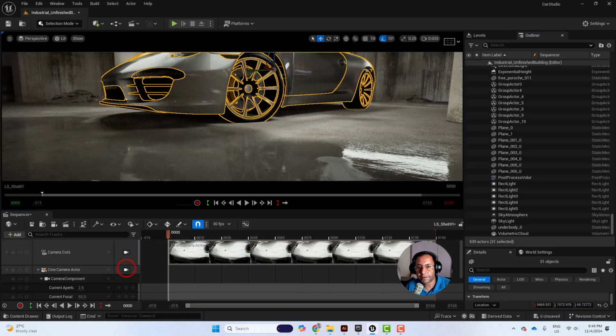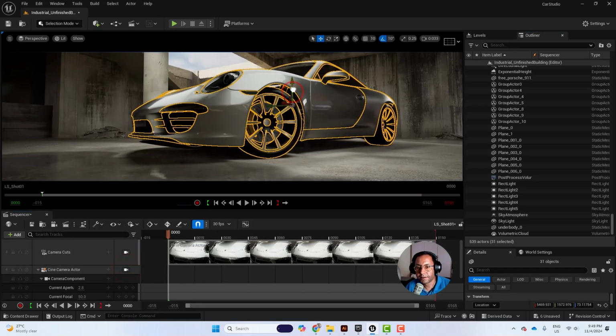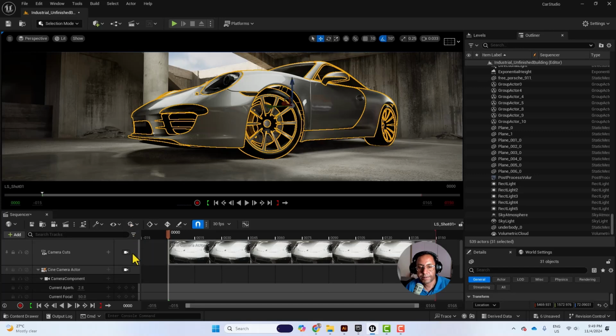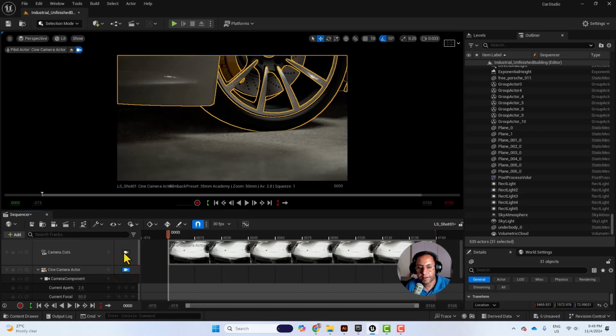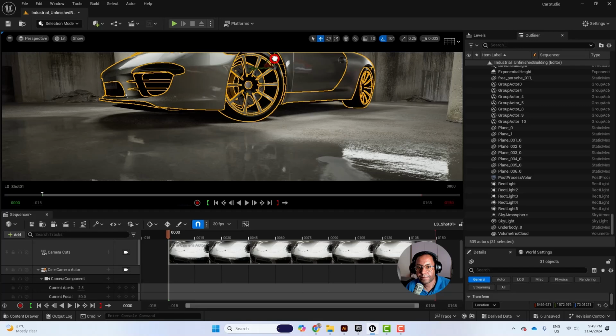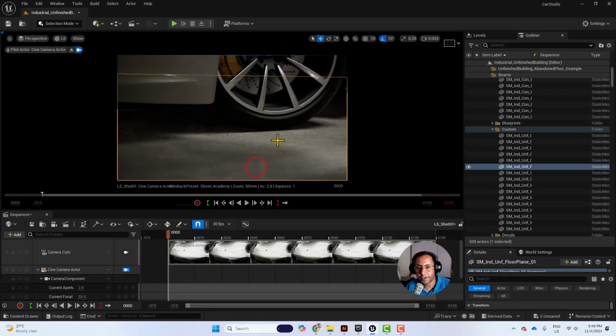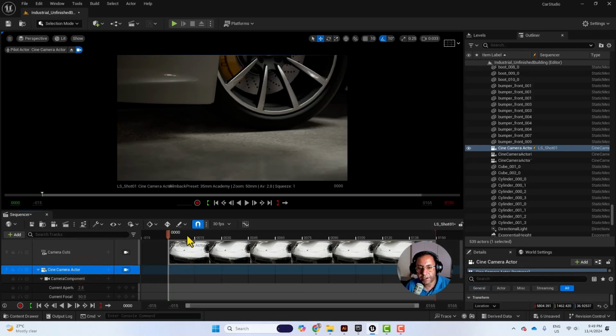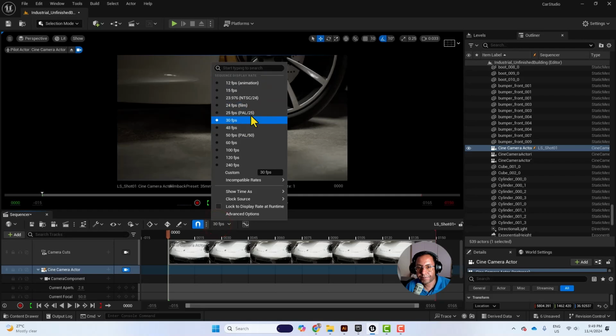Let me exit the camera, and yeah, I think now it's fine. So here in the beginning of the timeline I will change the frame rate to 25